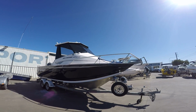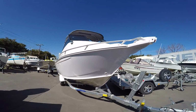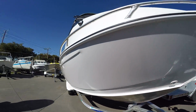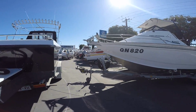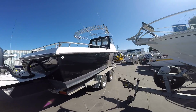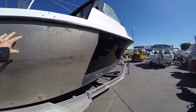So yeah, that does whack on a lot of extra cost, versus this sort of thing, a much cheaper boat. But then again, this is not a plate boat. That's about 4 mil, that is. 2 mil up there, 3 mil there, whatever. So it just depends on what you're after, obviously this is a completely different sort of boat. This is more geared up to being in a marina at a berth or something like that. It's actually got an anti-foul on the side of the boat for bacterial growth, and it's got a sort of